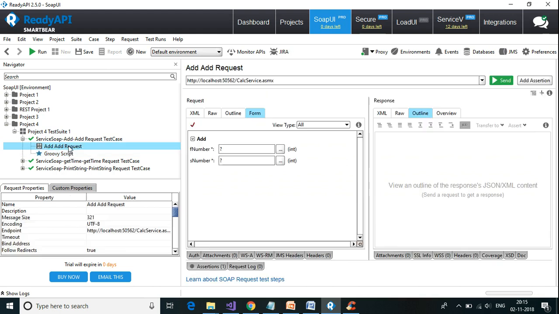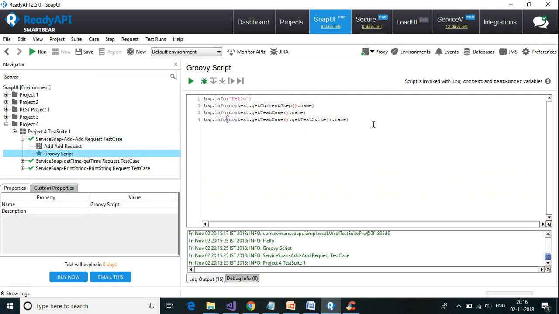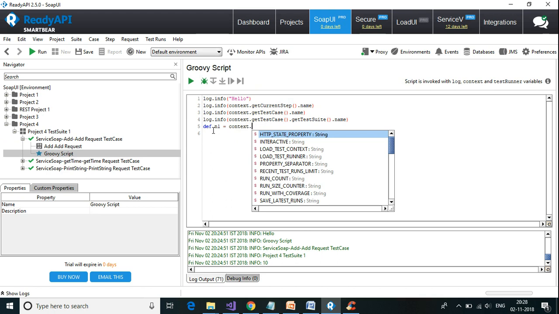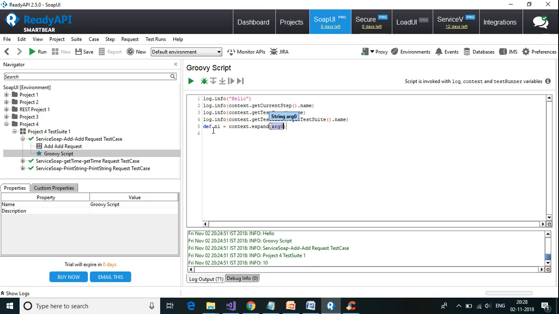Now since I have created two custom properties at the test case level, I'm going to print the values of these two custom properties through Groovy Script. To do that, I can define a variable using def command. Def n1 is equal to context dot, there is something called expand method. Inside this, it starts out with single quotes. Within the single quotes, flower bracket open close,